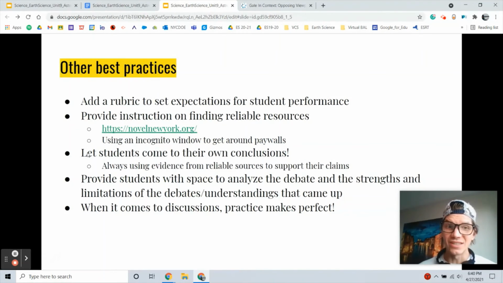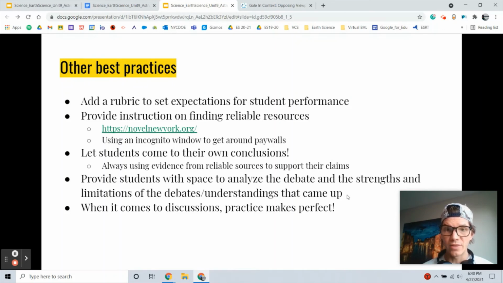I always think it's good to let students come to their own conclusions. So rather than starting the debate saying, here's why we need to learn how space mining is important, put it up to the students, just present them with the articles and have them make their claim and back it up with evidence. And then in the end, I always think it's a good practice to let students discuss the debate itself and come to their own conclusions after the fact,